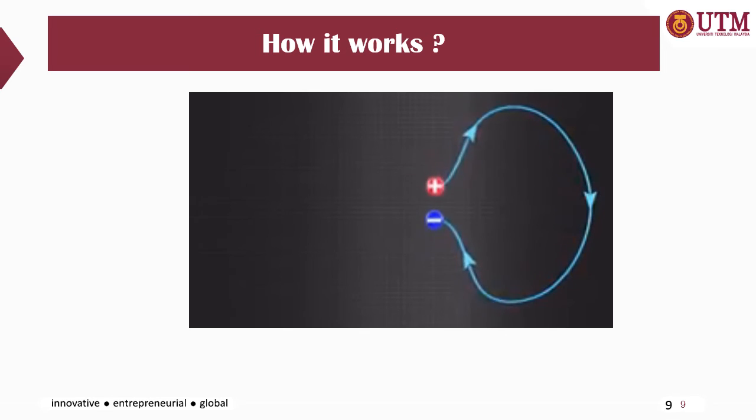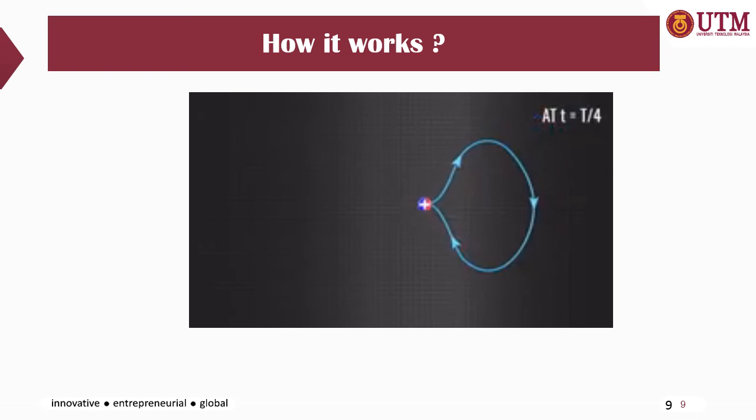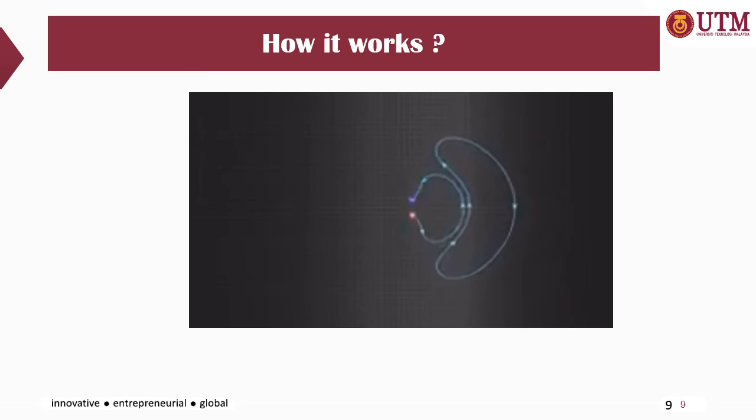If we continue our analysis in the same manner, we can see that at 1/4 of a time period, the wavefront ends meet at a single point. After this, the separation and propagation of the wavefront happens. Please note that this varying electric field will automatically generate a varying magnetic field